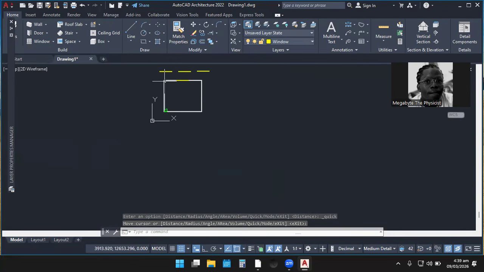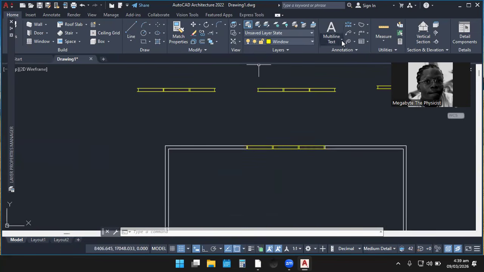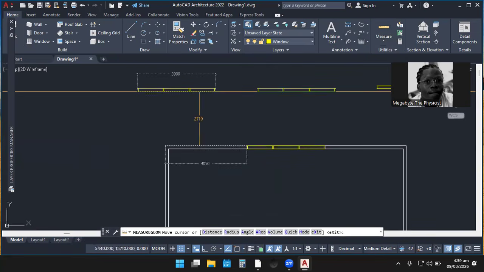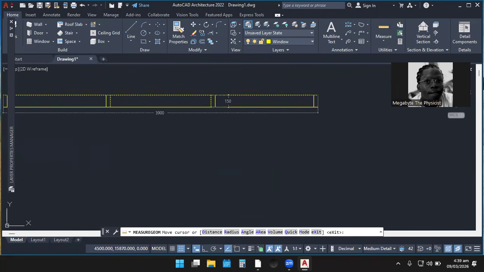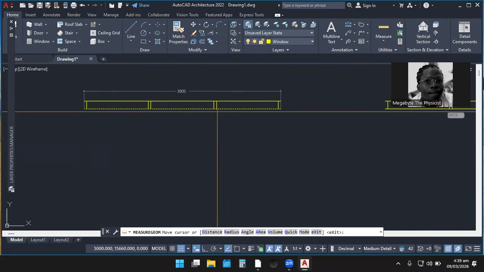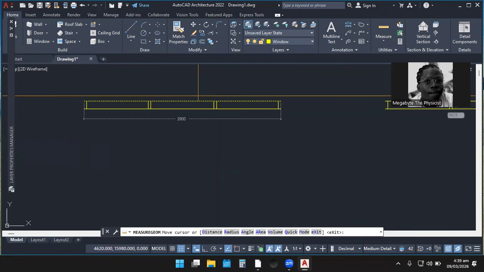The reason why I'm saying that is let's come and measure the window and see something. The full length of the window is 3,900. So 3,900 divided by 3, we're going to get 1,300.